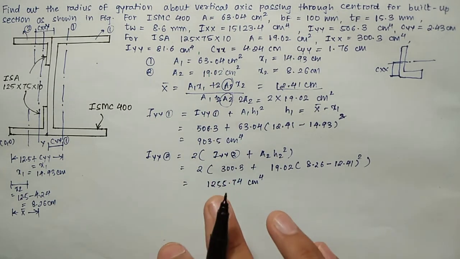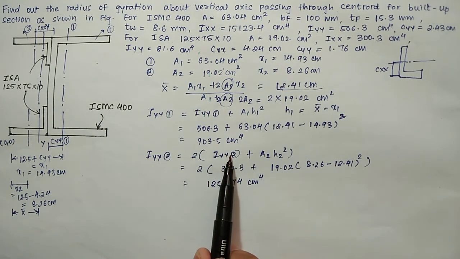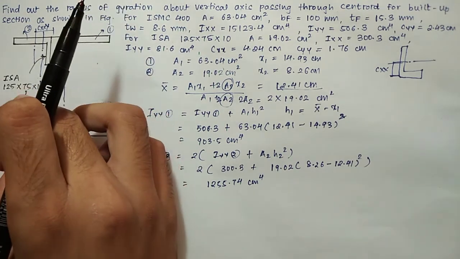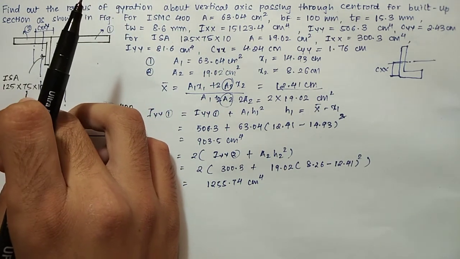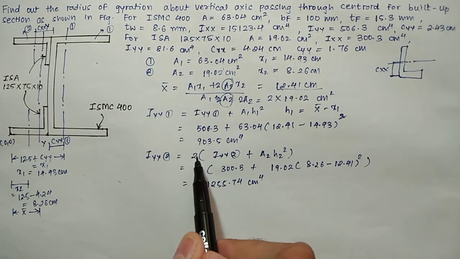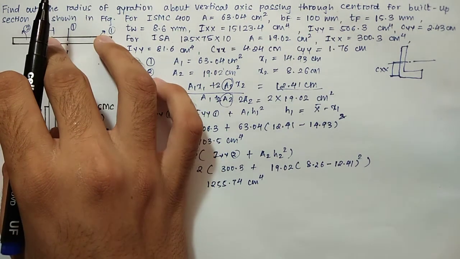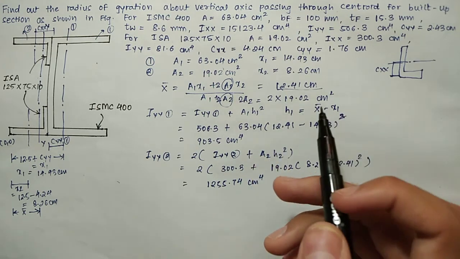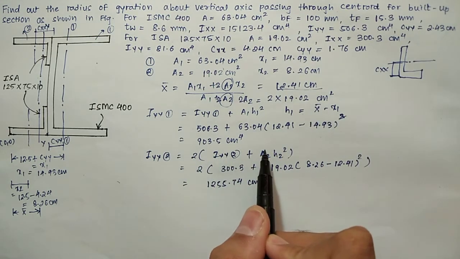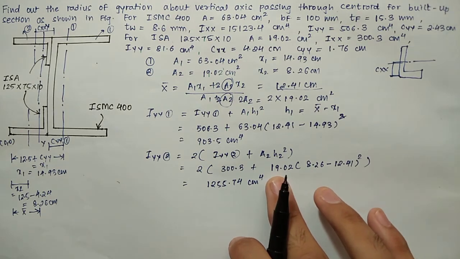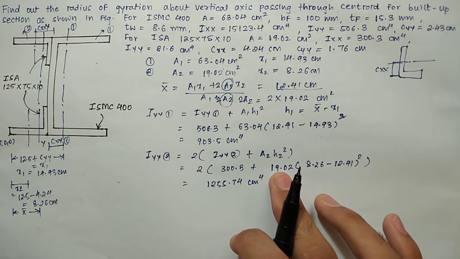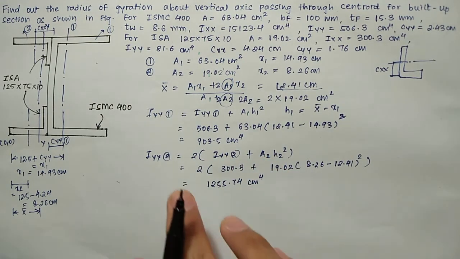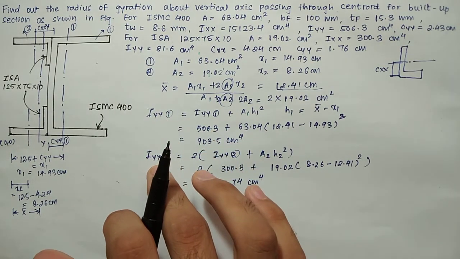So the only thing we need to consider here is Ixx instead of Iyy, because parallel to the smaller leg it is the xx axis, so we need to consider the moment of inertia about the xx axis only, and we need to multiply it with 2 as there are two angle sections present in the problem, and no need to multiply 2 with a2 again, as this 2 multiplies with a2 and twice the area comes out, so 2a2 which we have considered already. So no need to again multiply 2 with a2, that we need to remember. So this is how we have calculated the values of Iyy1 and Iyy2.